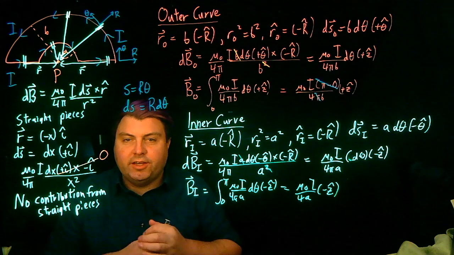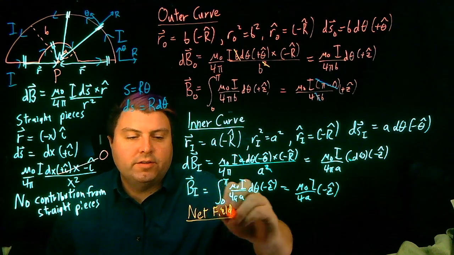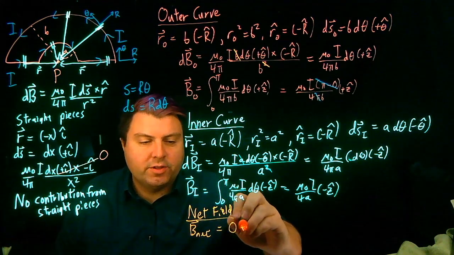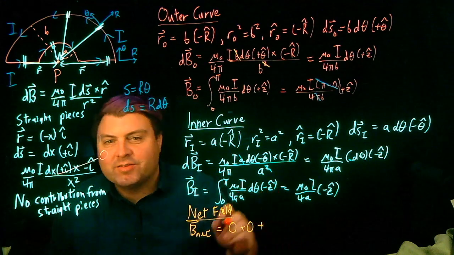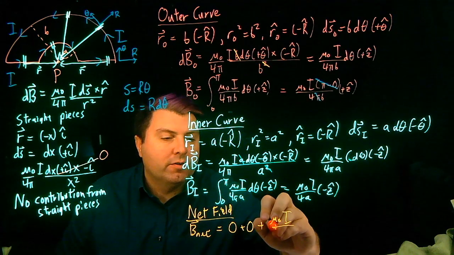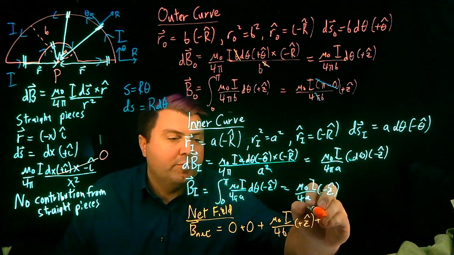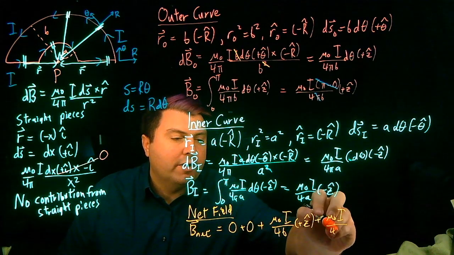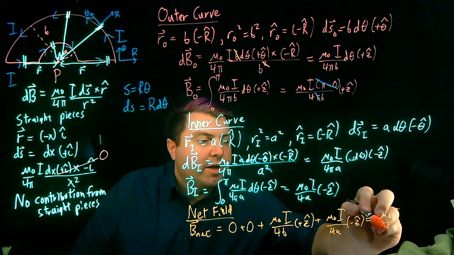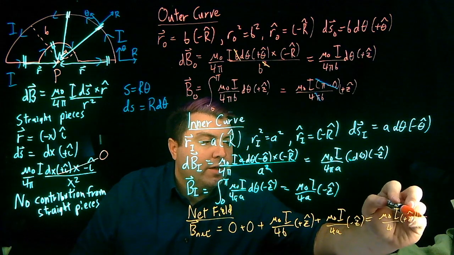Cool. We did the outer curve. We did the inner curve. What's left? We have the net field. Well, we have our two straight pieces, 0 plus 0. We don't really have to do that, but might as well have some fun with that. We have then our outer piece, mu naught I over 4b in the positive z direction, and then our inner piece, mu naught I over 4a in the negative z direction. And so we get mu naught I over 4 in the positive z direction of 1 over b minus